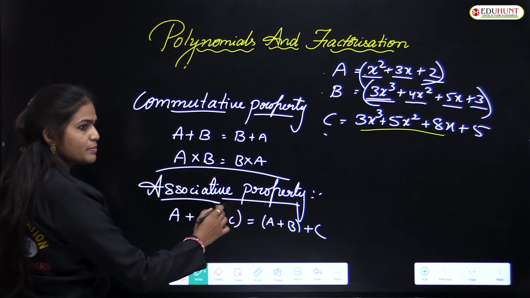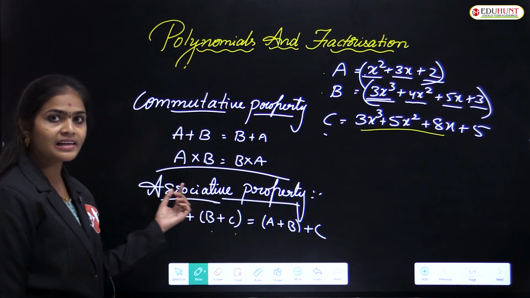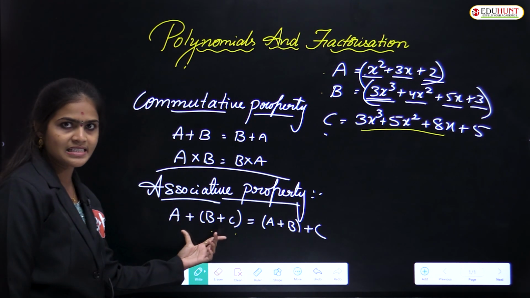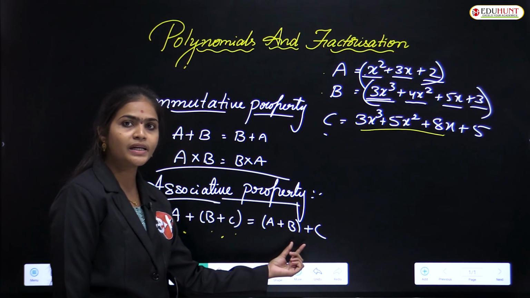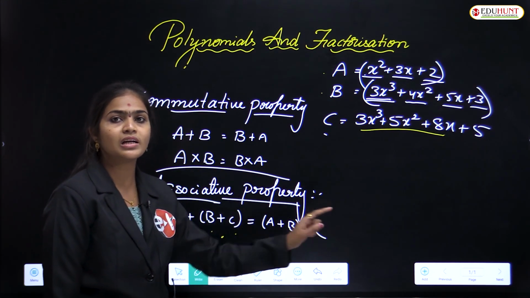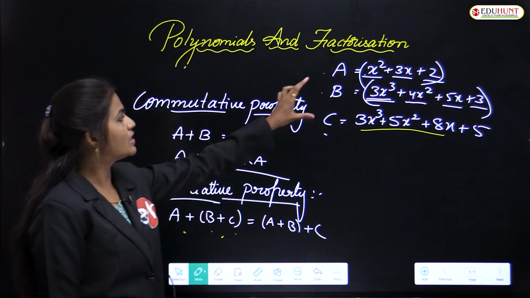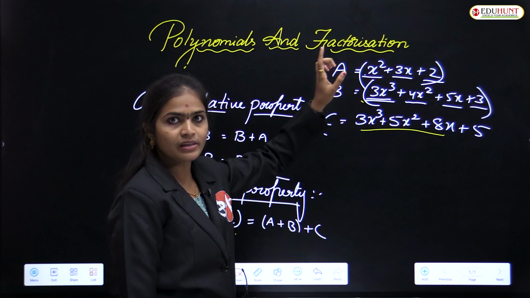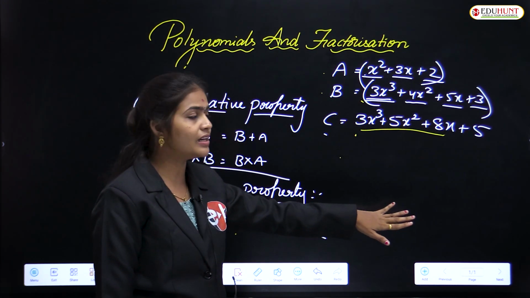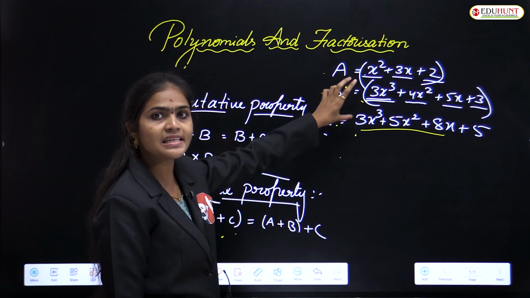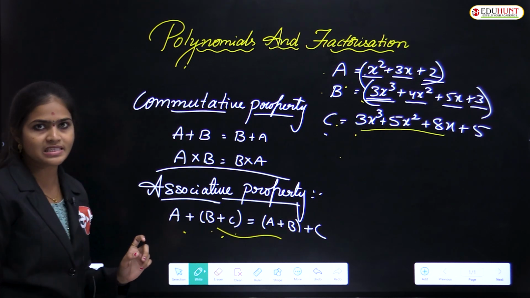Okay, for example, a plus b plus c. First if you add b plus c, after that you have to add the resultant to a, that is the meaning of the LHS here. The meaning of the RHS is, first you have to add a plus b, next that resultant you have to add to c. Then also you will get the same result only. So first if you add these two, you will get one resultant. If you add the same resultant to c, then also you will get the same one, as well as first you can add b plus c, after that add the resultant to a also. Then also you will get the same resultant.